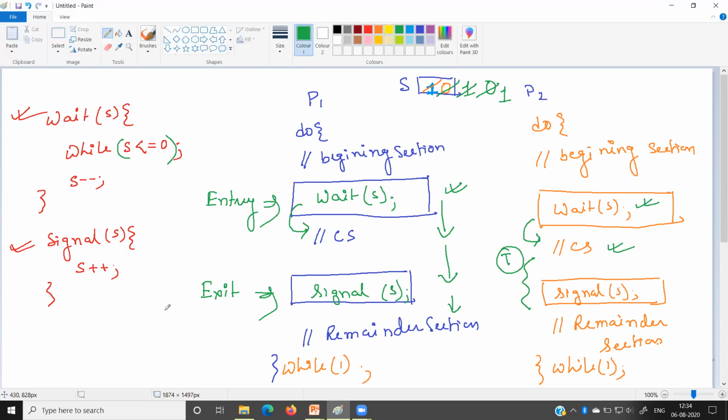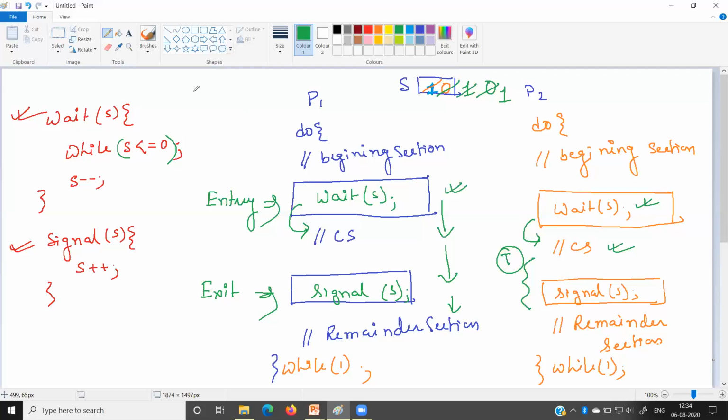Fine. Now we will modify this semaphore algorithm a little bit, so that the problem of infinite waiting can be solved. You can see that in all the algorithms we have discussed so far, like Peterson's solution, the hardware-based solutions like test and set and swap algorithm, and this binary semaphore algorithm, in all the cases we are writing one statement, which is while within brackets followed by a semicolon.